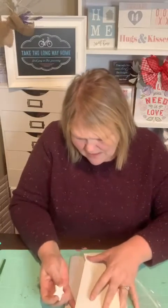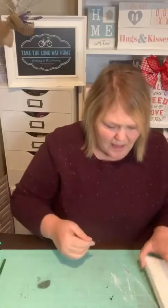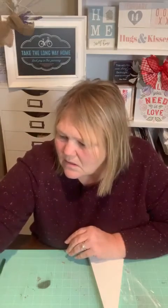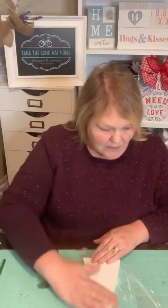So within this little kit comes little stars. And we're going to put those away for something else later on. Okay, so we don't need those tonight. So what we're going to do is a Mod Podge transfer. Okay, so let's go ahead and get started with the Mod Podge. I'm going to turn my heat press on so it can start warming up,